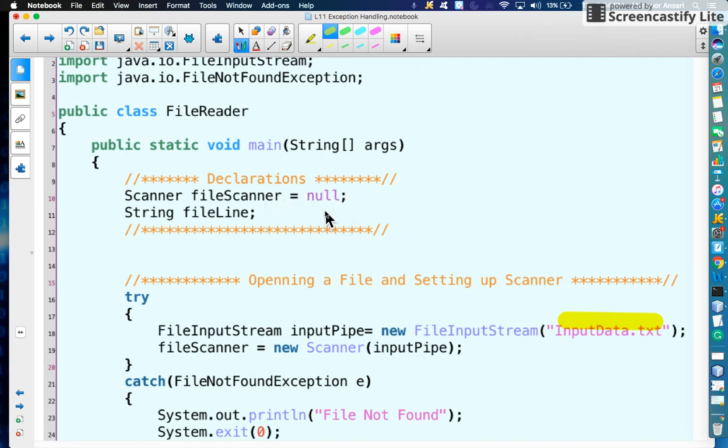We cannot initialize it first. Before we can initialize this fileScanner to a new object, we need to establish the stream. But the problem with establishing the stream is it requires a file, and the file